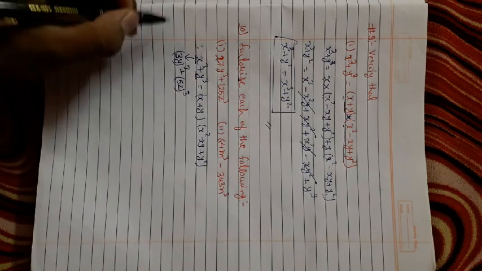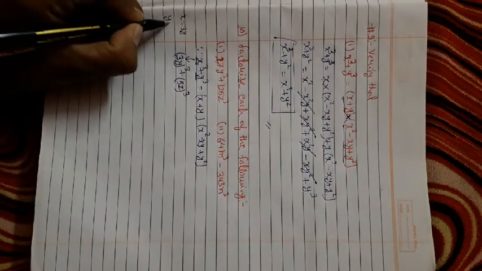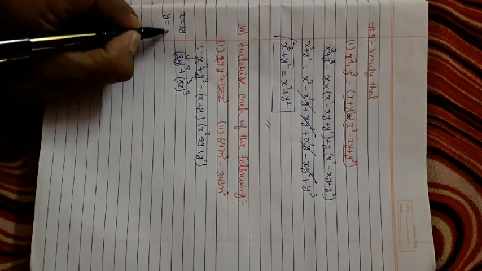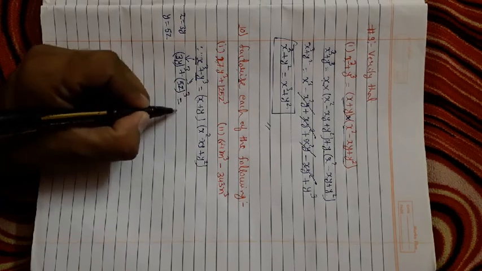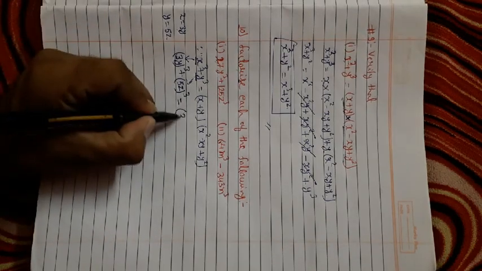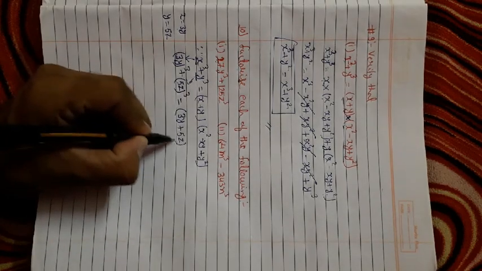3y, and y will be what? 5z. So I'm writing here x equals to, we have to take 3y, and y we have to take what? Only 5z, not 5z cube. Now equals to, we have x plus y, so instead of x what will we take? 3y, plus instead of z we'll take 5z.